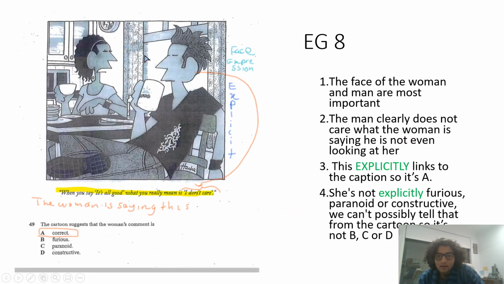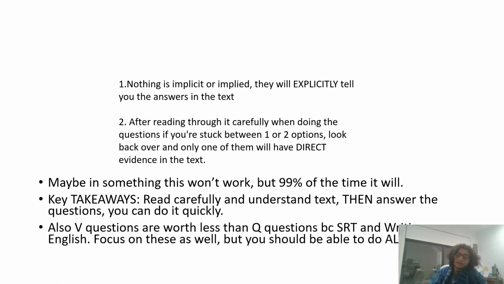Okay. So, last key takeaway. Also, yeah, prioritize your time, right? Figure out in the reading time, read those long passages. Read the Q question that has heaps of information and try and understand it. Q questions are important. Don't leave those empty. V questions are important. Don't leave those empty. Don't leave any question empty. Answer all of them. Get 100%.